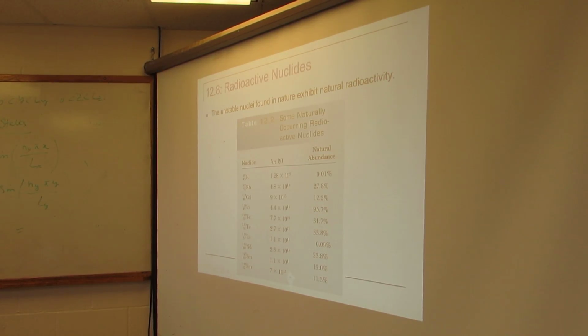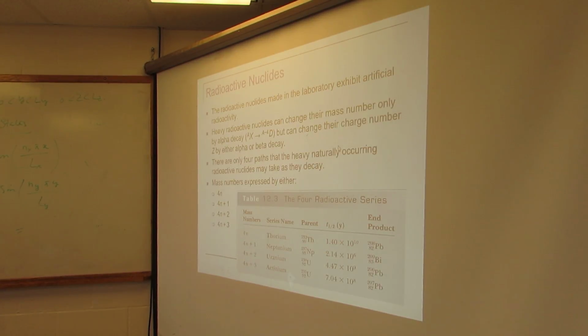Okay, here for example, we had some examples of unstable nuclei that we can find in nature that exhibit natural radioactivity. Yeah, for example, rubidium, then we have potassium. They can have some transition and then they are going to be emitting radiation. But naturally occurring radioactivity in nuclei. And we had others that